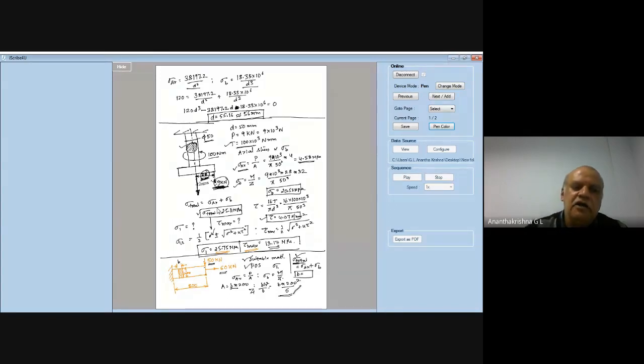Are you there with me? We'll continue with this problem tomorrow. Have you all received the next set of data handbook sheets I had posted? Yes, sir. Please take a print. If you have printers at home, please take print of the sheets and keep it with you. For the next class, we will take up this problem again, and how to choose the material, that part we will see in this problem.